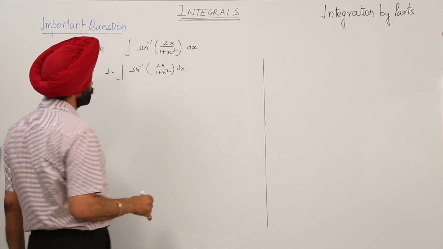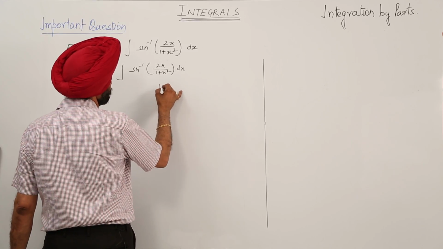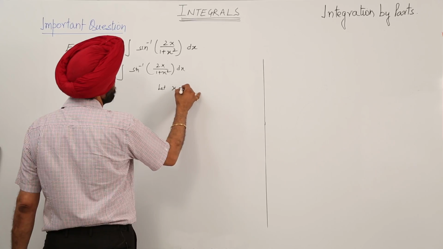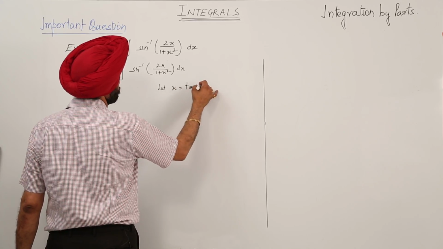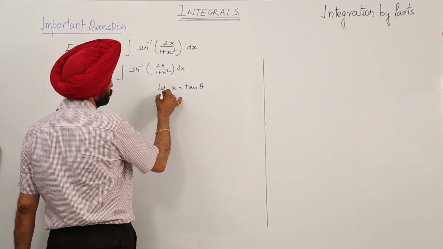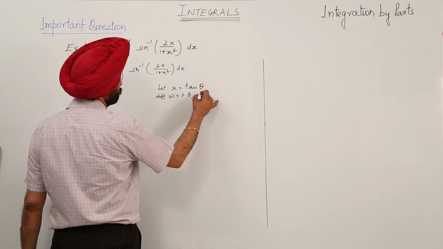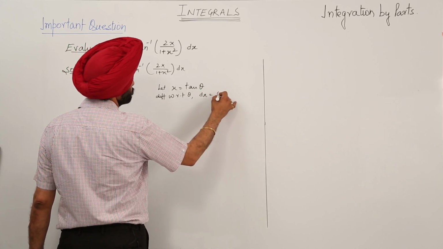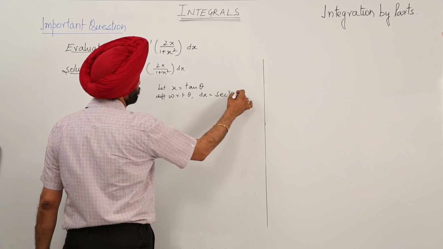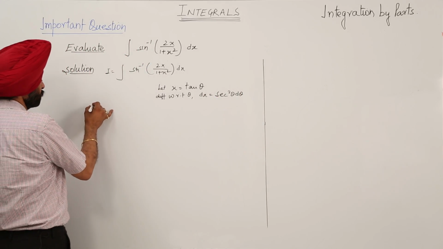Now reducing this to the simplest form, what we can do is let x equal to tan theta. Let us put x equal to tan theta. Now differentiating with respect to theta, we have dx equal to secant square theta d theta. Now the question becomes